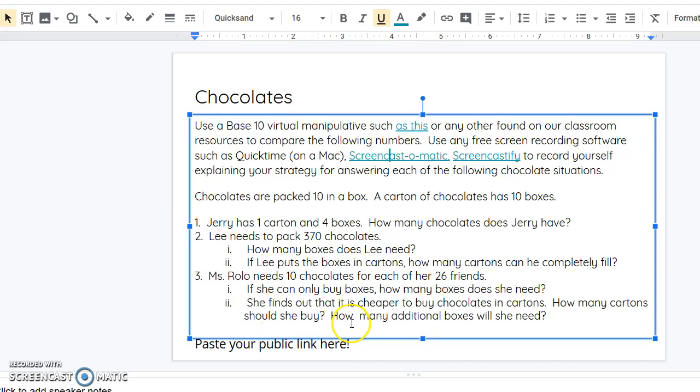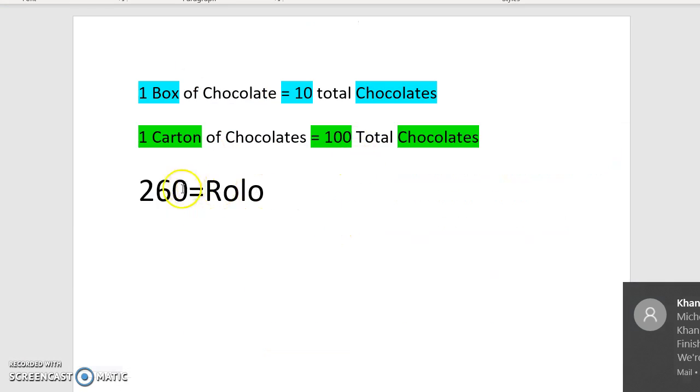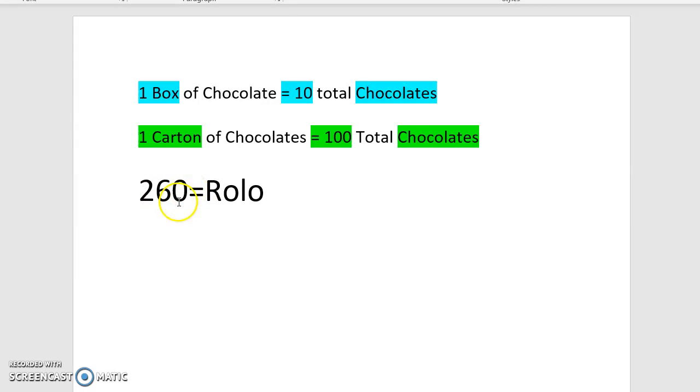So she finds out that it's cheaper to buy chocolates in cartons. Now we need to figure out how many cartons she needs and how many additional boxes. So for the last time, let's come look up in here. Miss Rollo needs 260 total chocolates. Okay, so we have our 2 right here. And we need cartons. So let's go up to our carton. One carton equals 100. So if we need 200,